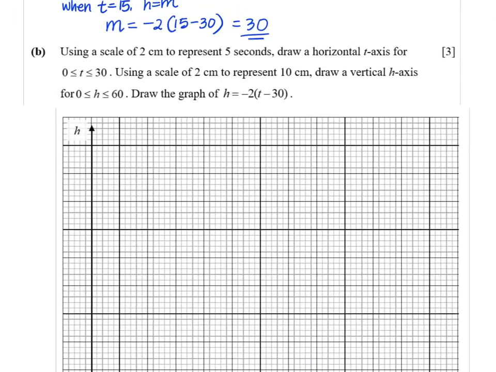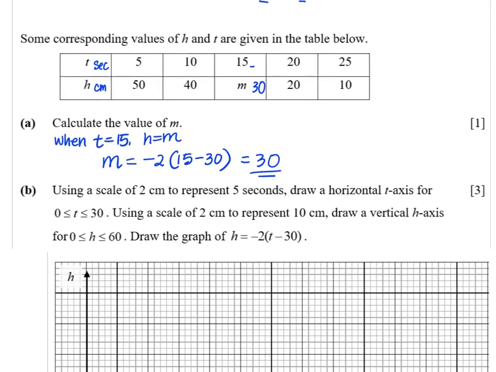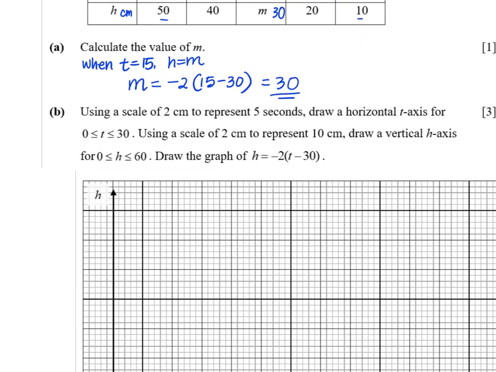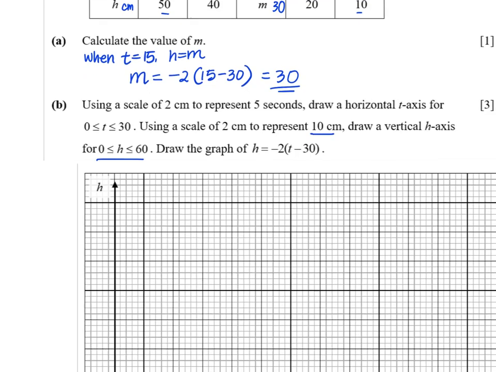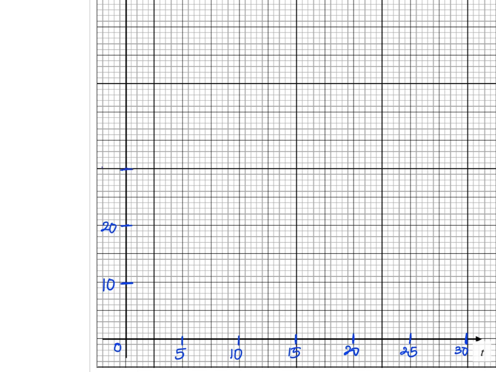Right, you notice this one replaces your x value, right? And next one, we're going to draw our h, the height itself. Now our smallest value is 10, the largest value is 50, and they tell me to draw a vertical axis from 0 to 60, 2 cm to represent 10 cm, the height 10 cm. So 2 cm will be 10 squares. Oh, this is a little bit difficult to count. 1, 2, 3, 4, 5, 6, 7, 8, 9, 10. 10 cm, 20, 30, I hope I get it correct, 40,